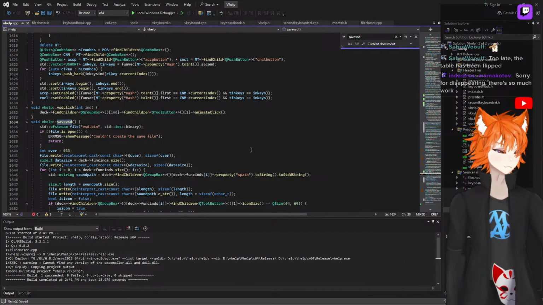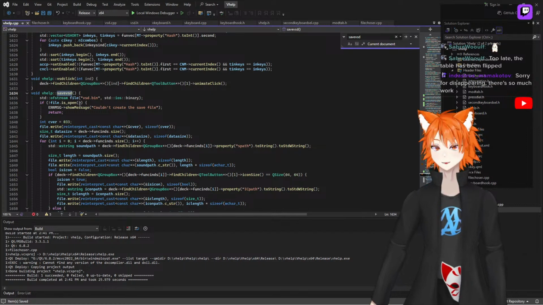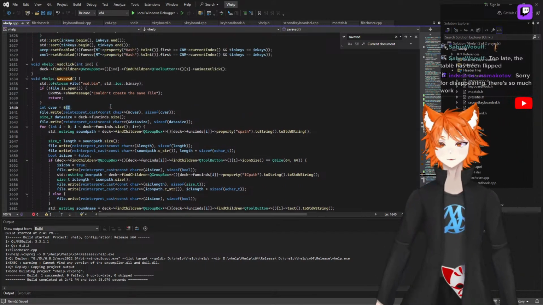Okay, so first I need to change this part to,